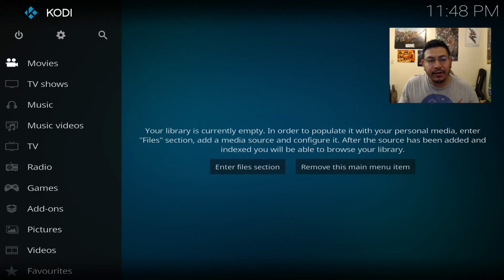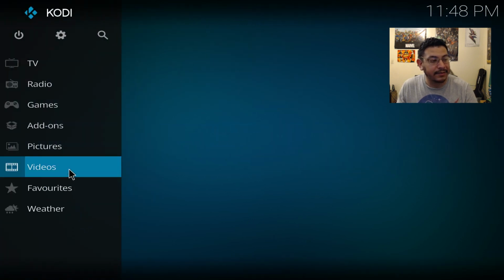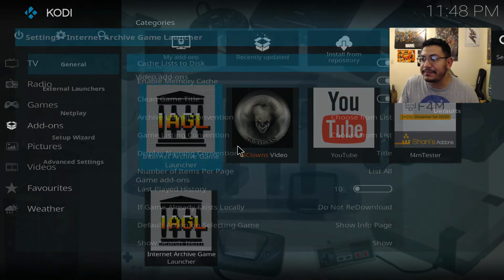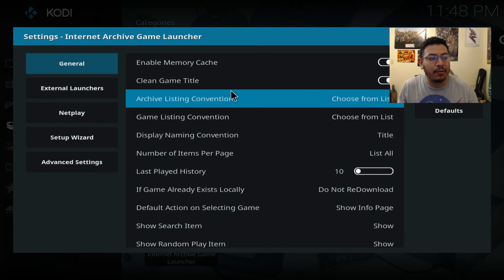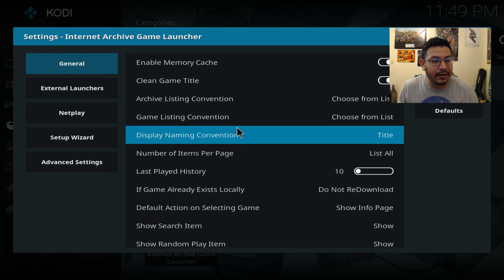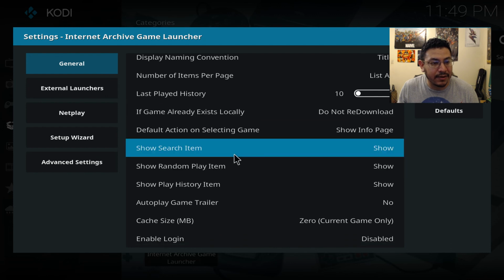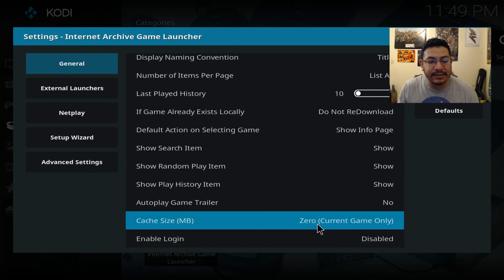Hey guys, sorry, on a quick note, I wanted to mention that when you get out of Kodi, when you're playing games and you go back in, you're going to have to restart the game all over. So if you want to have some saved game data, you're going to want to do this. So when you get back into Kodi, go to your add-ons and right click on the games and go to settings. And here are your settings for this add-on. But what I'm talking about is if you scroll down here, this cache size is set to 0,